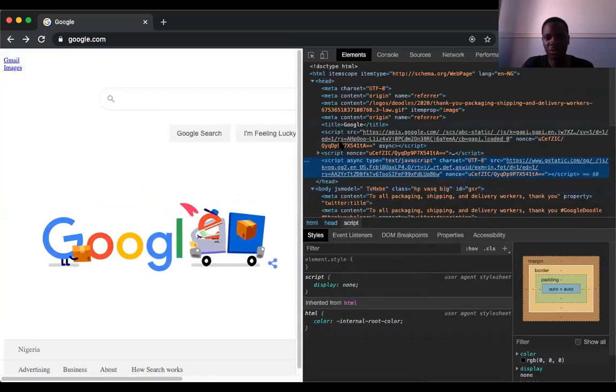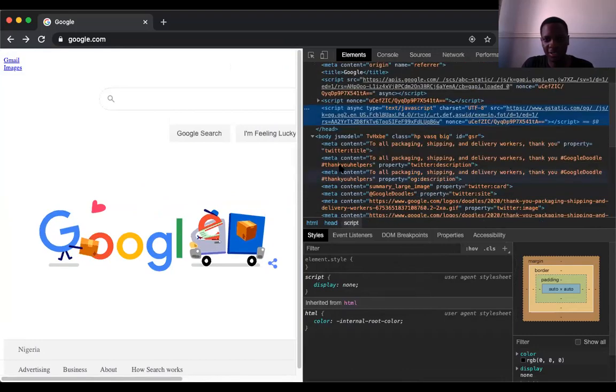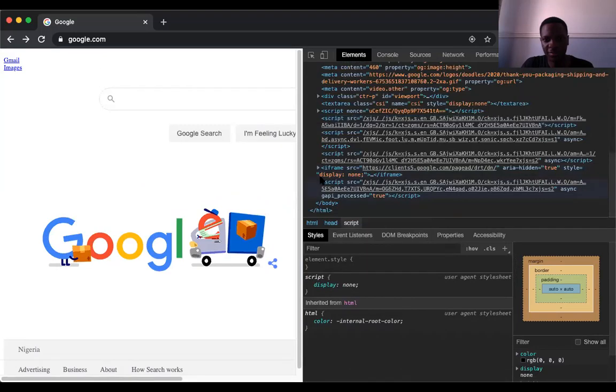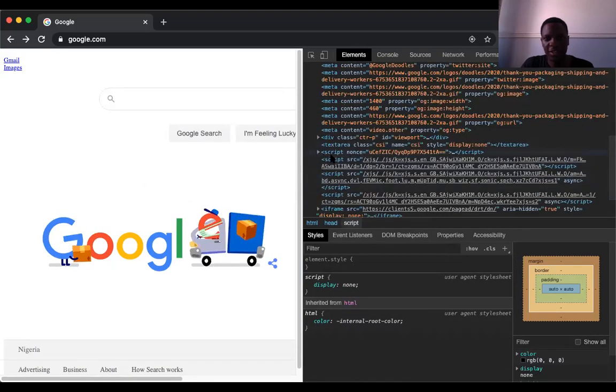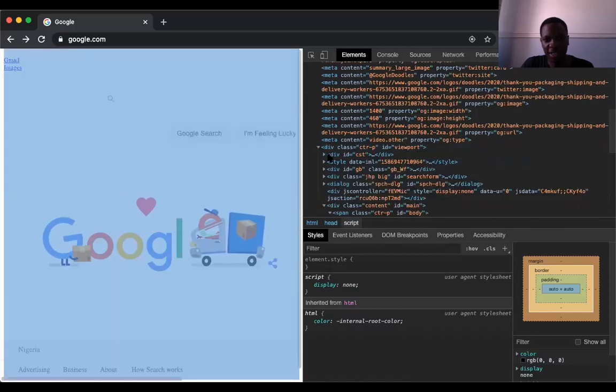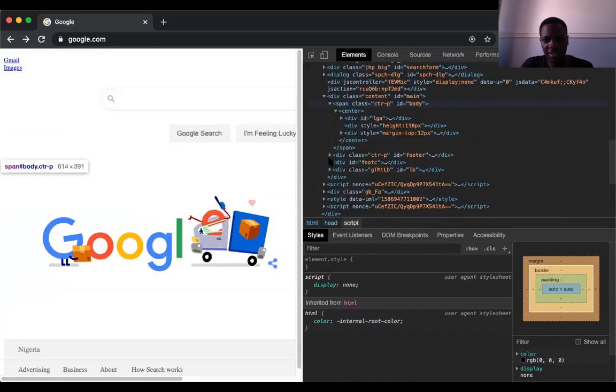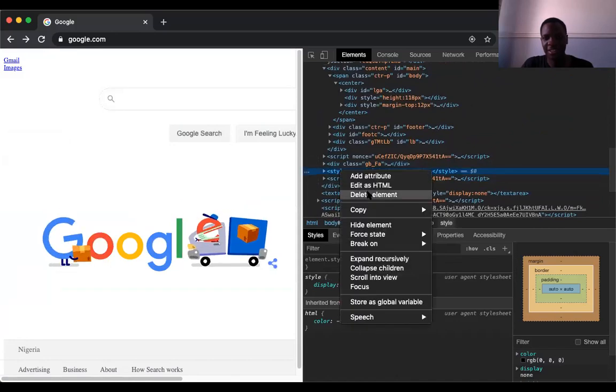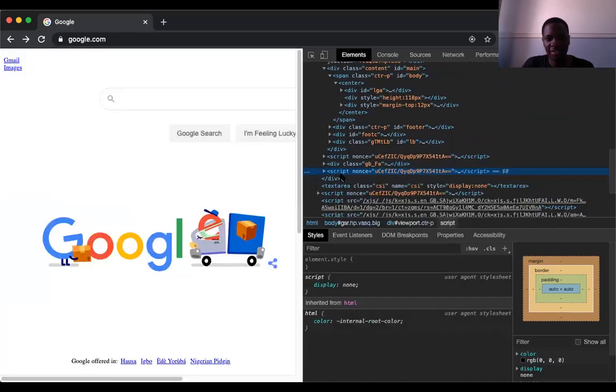I think that should be all of it. I still see some styles though. Okay, that might not be all the styles. I still feel like there are some styles hiding.